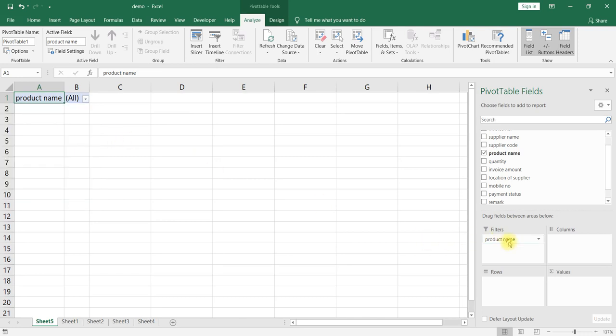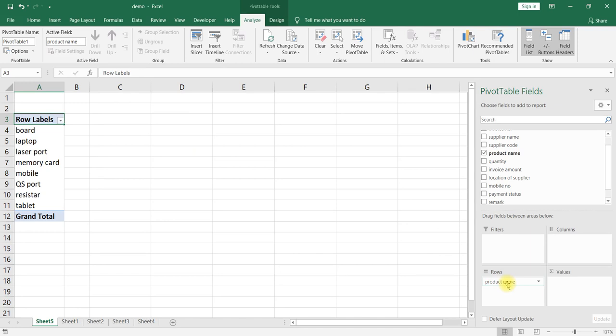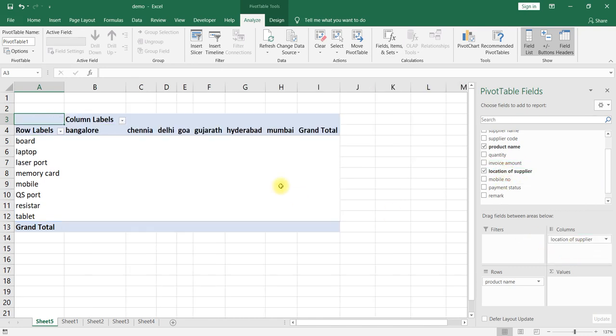Similarly, if you take it to row like this, same way, for example, if I take location to the column, you can see product names are row wise and location is column wise.